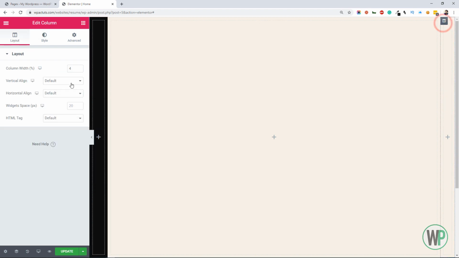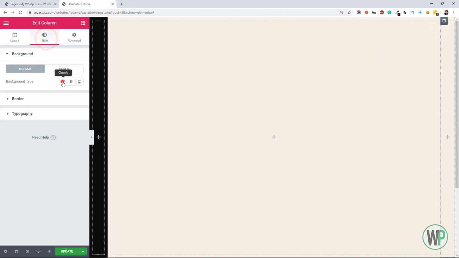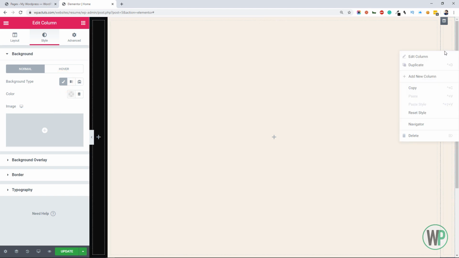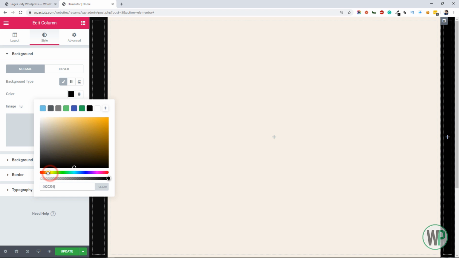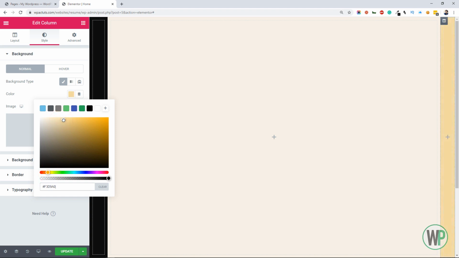Now edit the right column style, and we will give this column a color as well. You can pick color of your choice. I think that's good.